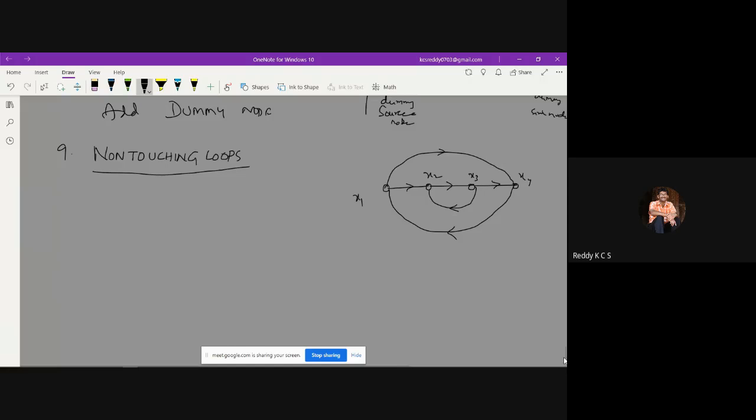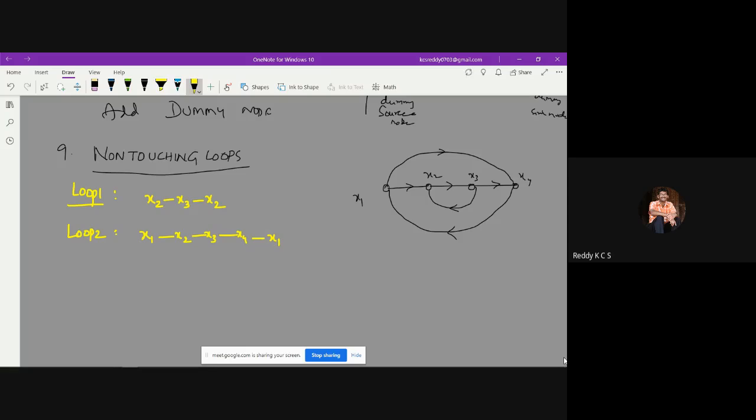If I want to write, first the loops should be written. So what is loop 1? A signal generated at x2 touches x3 and comes back to x2. So this is loop 1. And there is a loop 2 also. A signal generates from x1, touches x2, x3, and x4, and comes back to x1 once again.